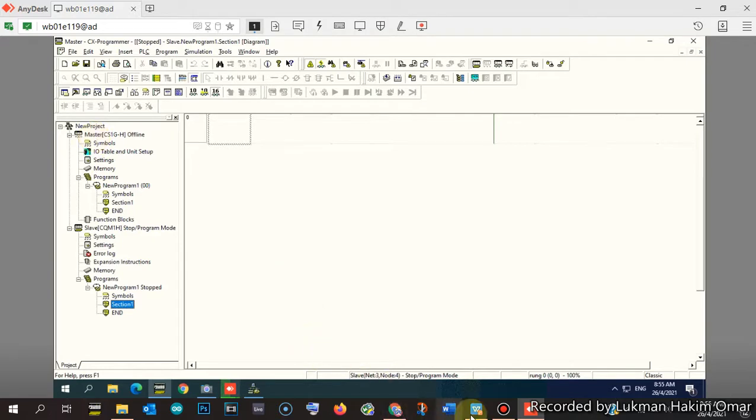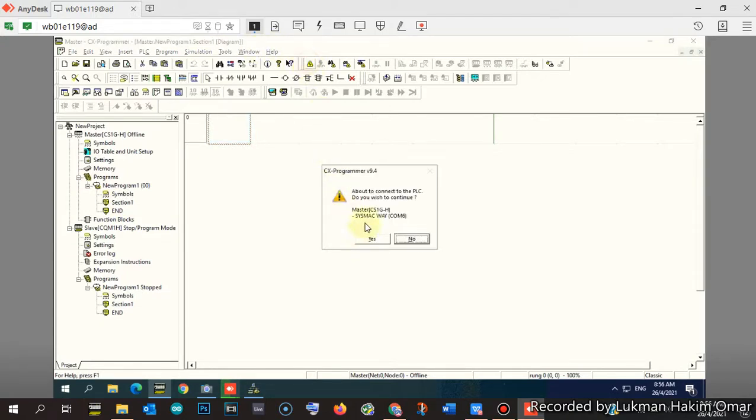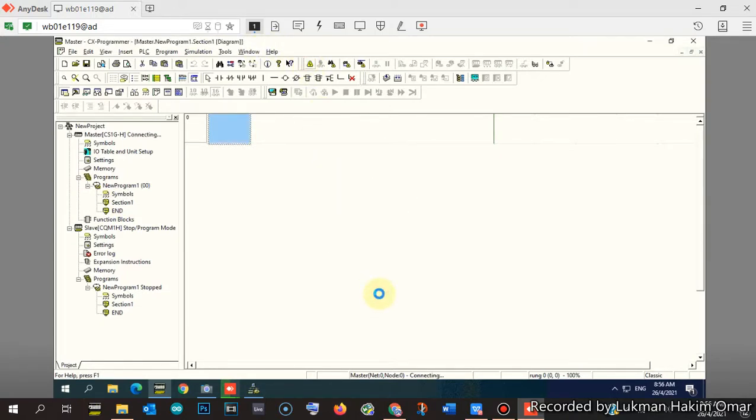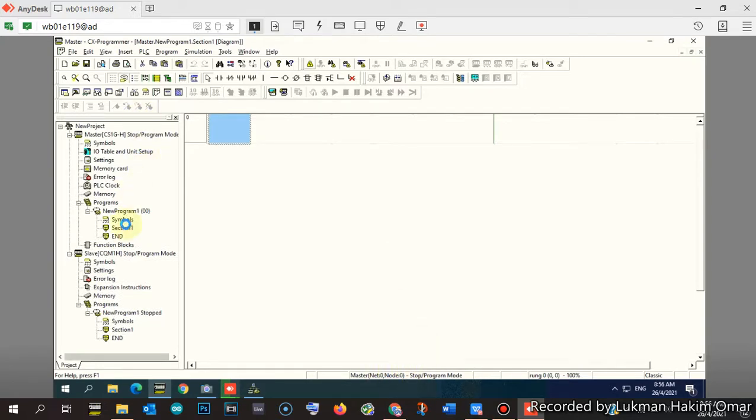It's like the CS programmer jumps directly to the slave PLC. So this is possible, and I will also try to online the master PLC. Of course, there is no problem with the master PLC. Master PLC is also online, so these two PLCs are online, meaning that your setup is okay. Routing table okay, data link table okay. What is left is how to test the program, how to test the data exchange.